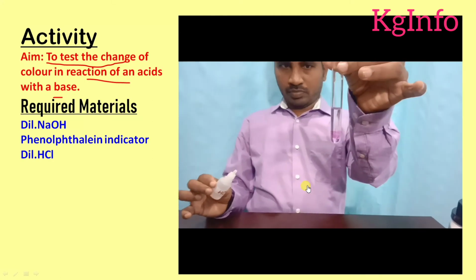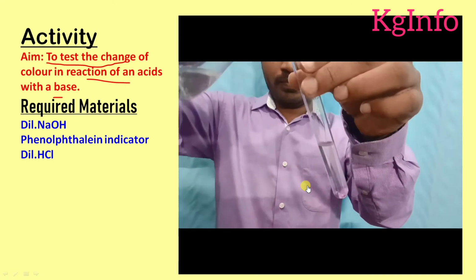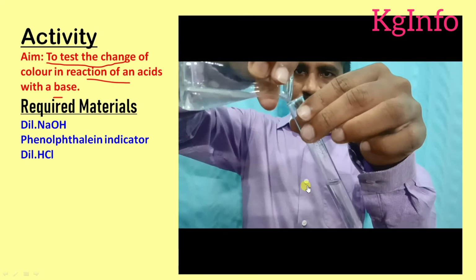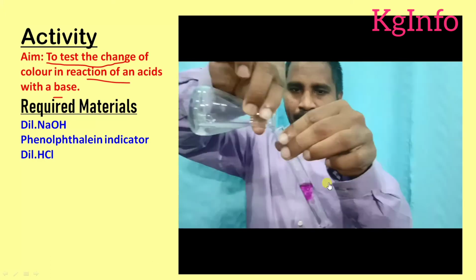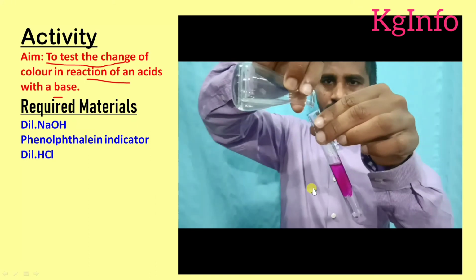Children, now again we can add sodium hydroxide solution to get the pink color. So now the base effect can appear. Yes, again we are adding sodium hydroxide drop by drop. Okay, what happened, children? Yes, the pink color solution reappears. The pink color reappears on adding drops of NaOH because the solution becomes basic once again. So by adding sodium hydroxide, the phenolphthalein solution again gets the pink color.